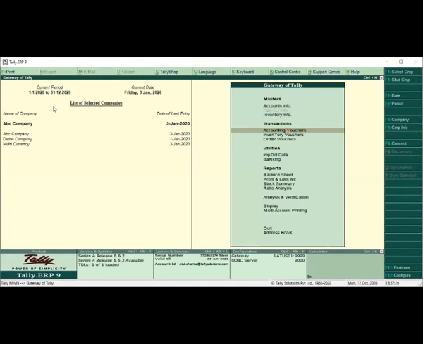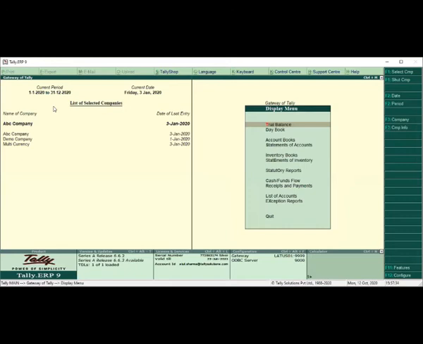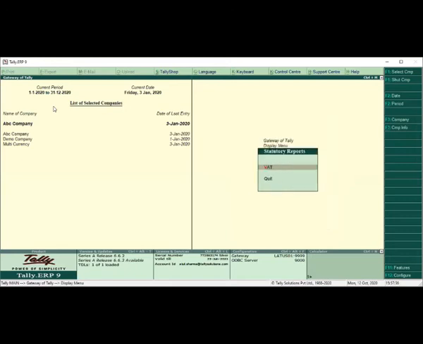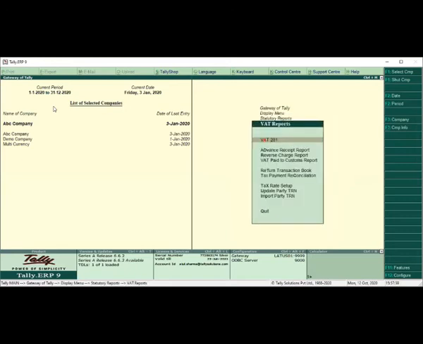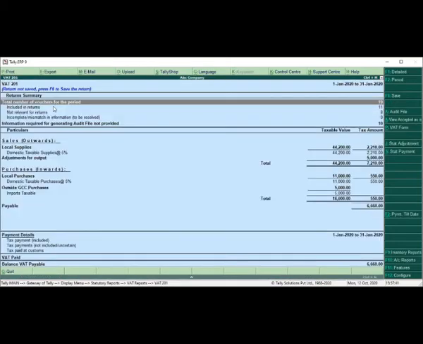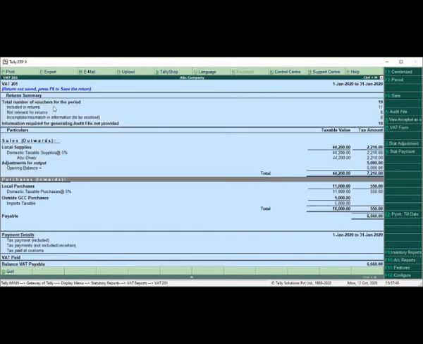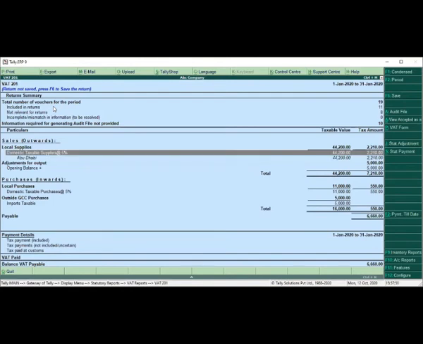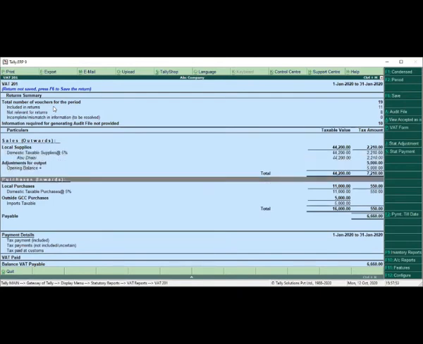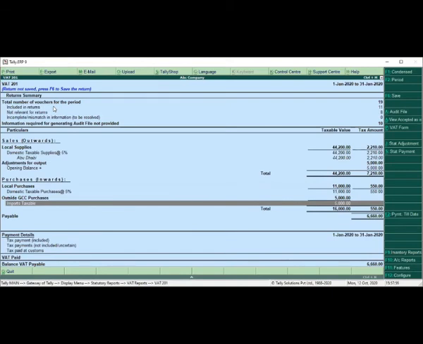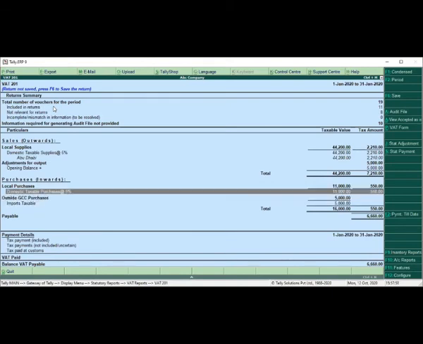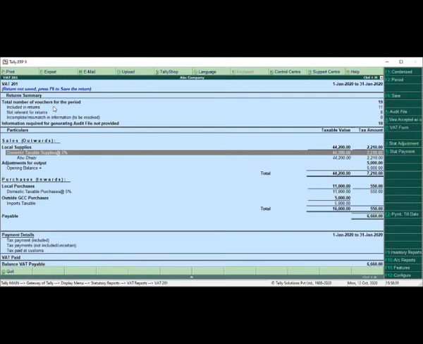Okay, coming to the final report, which is the VAT report. If you go to display, here go to statutory report, VAT, go to VAT 201 form. So this is the VAT summary. You will see what is the outward, what is the inward, everything it will reflect. So you can see the outward and total inward. It will show the domestic taxable, and if you have added any opening balance, or any import or any export, it will show you the actual amount, and here you can see this is showing VAT payable.